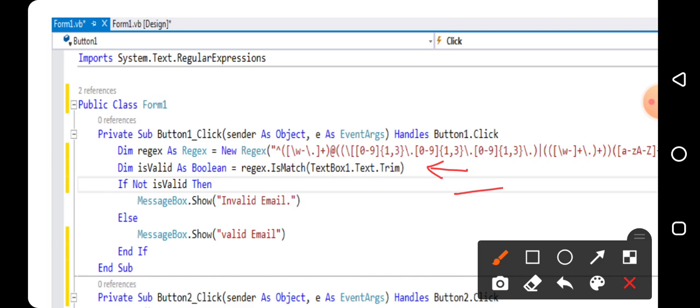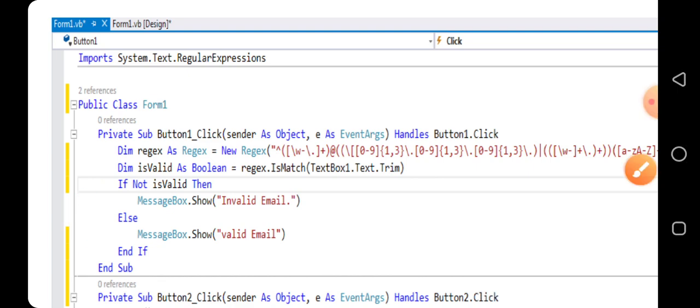We are defining it by using the value of TextBox1. Therefore what I am writing over here: Dim isValid As Boolean equal to regex.IsMatch, and in the brackets TextBox1.Text.Trim, which is used to remove the white spaces. And if Not isValid, then MessageBox.Show invalid email, else MessageBox.Show valid email, and the If ends with End If.